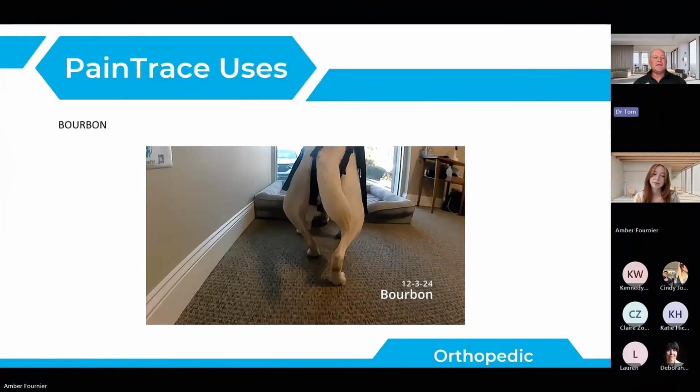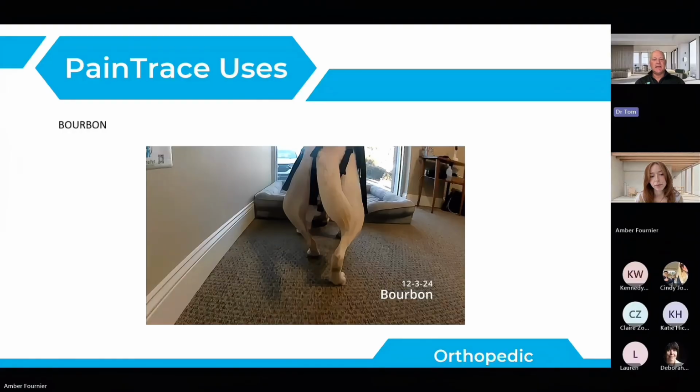Great. So, like I mentioned, I do nothing but physical therapy and rehabilitation cases. So, I see a lot of common things that you guys see in your offices every day, and one of them being orthopedic cases. This is a post surgical